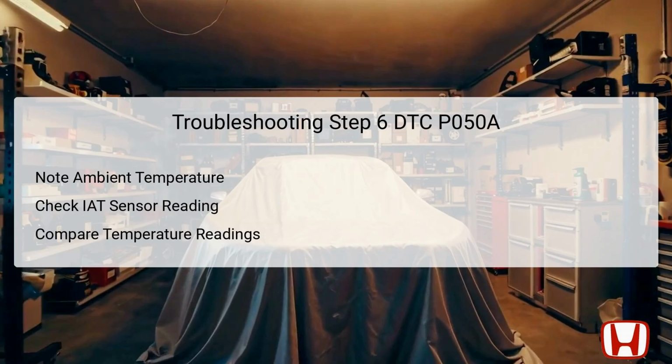Then, compare this value with the previously recorded ambient temperature. Normal conditions dictate that the difference between the HDS IAT sensor 1 value and the ambient reading should remain within a threshold of less than 5.4 degrees Fahrenheit, 3 degrees Celsius. Any significant deviation could point to malfunctioning sensor readings that need to be addressed to rectify the underlying issue linked to the DTC